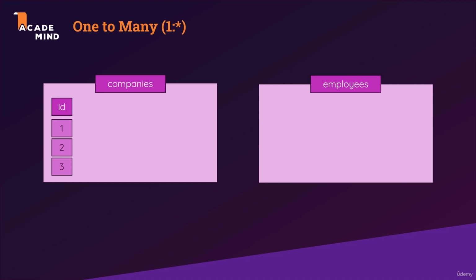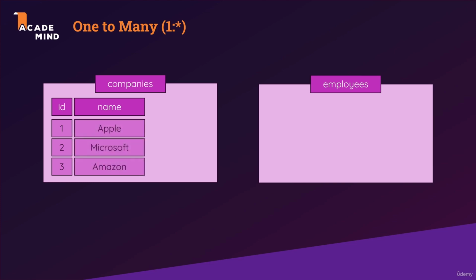We learned this throughout the course. Each table has individual entries, rows, with unique IDs. And the first column here could be the name, so the company name, for example, Apple, Microsoft, and Amazon, so unique companies. And the second column here and other columns could contain information about the companies, the address, whatever,